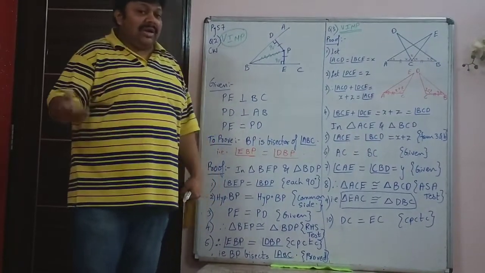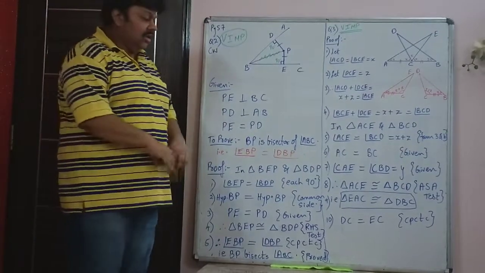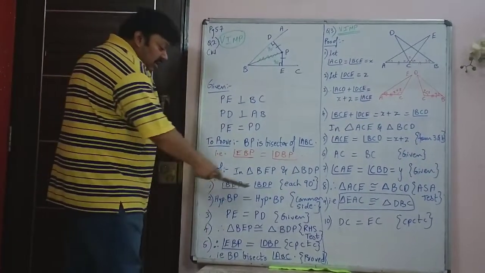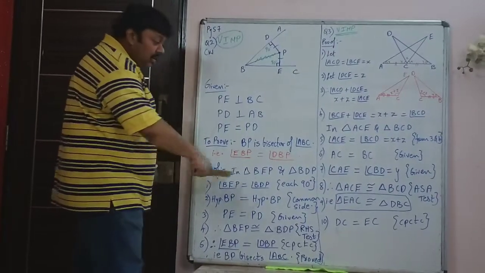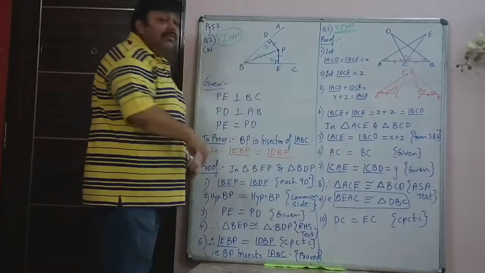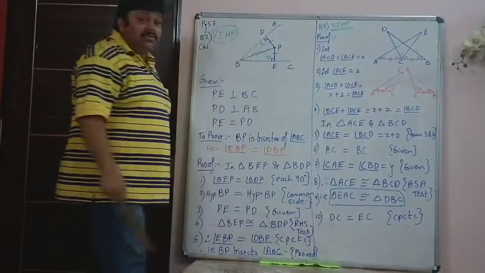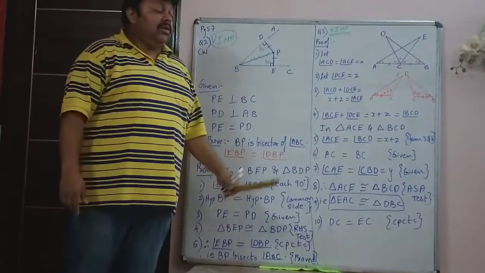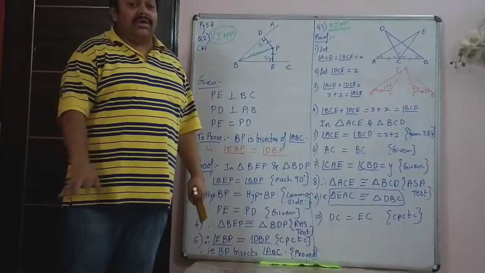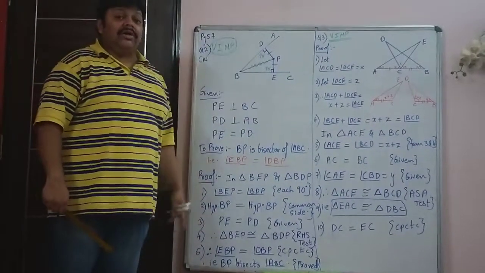You haven't done much geometry in earlier classes. Limited geometry has been done. So all these proofs in this manner, these steps are important. The way it is written is important. The reasons are important and must be written. See, I have written reasons in brackets in every step. If you don't write the steps and reasons, you will definitely lose marks. So please be careful when you write the steps. Copy it down carefully.